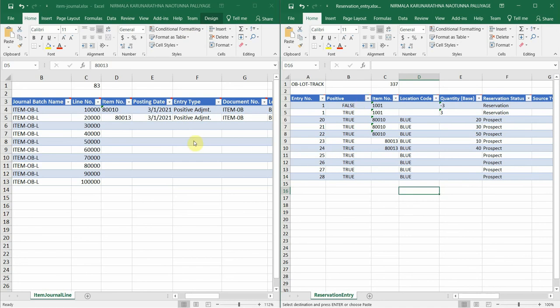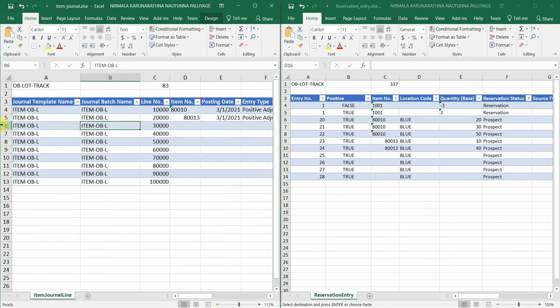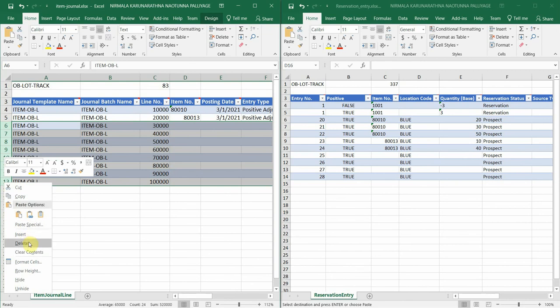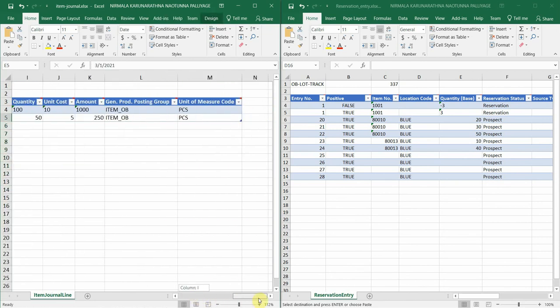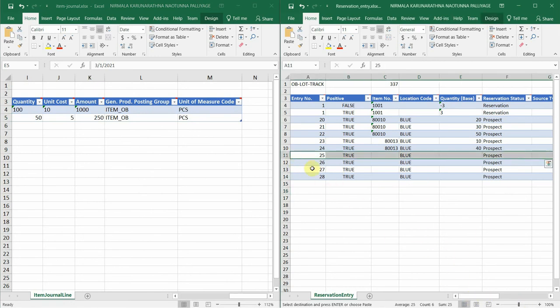So since this video is going to be really lengthy, I will delete this line so you know how to link the reservation table with the item journal line when you're going to upload inventory balances. So I will upload these two items into the